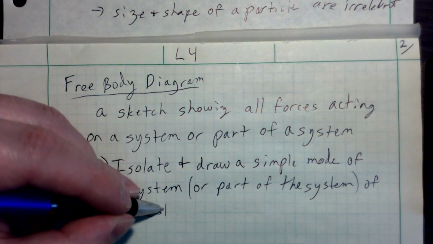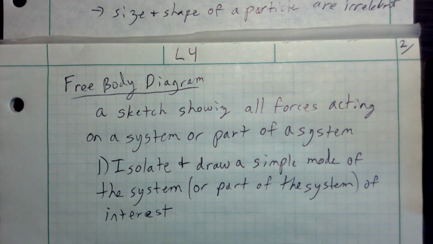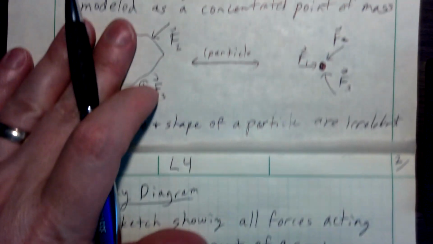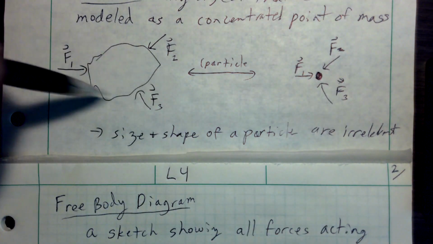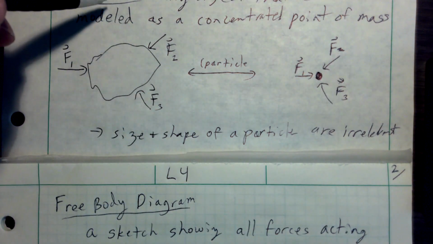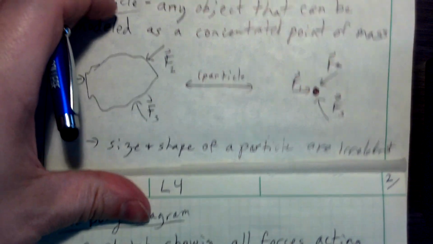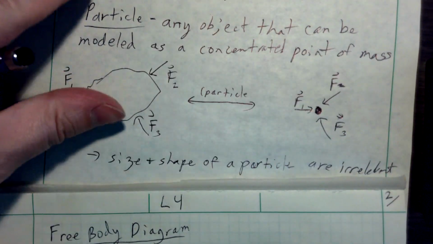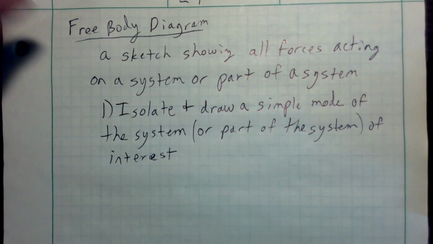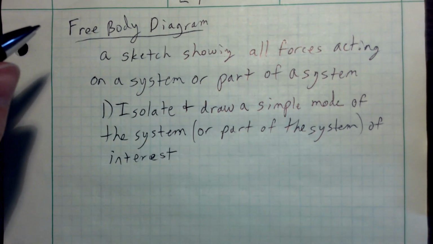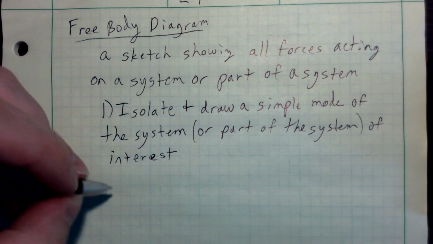What is it you're wanting to analyze? Draw a very simple diagram of it. Doesn't have to be real detailed if it's a free body diagram. If it's a particle, it can just simply be just a point. You don't even have to draw the full shape because, again, if we're treating as a particle, the size and shape do not necessarily matter. So if I'm drawing a free body diagram of something I can model as a particle, I can just simply draw it as a dot. That is perfectly okay. Then we want to